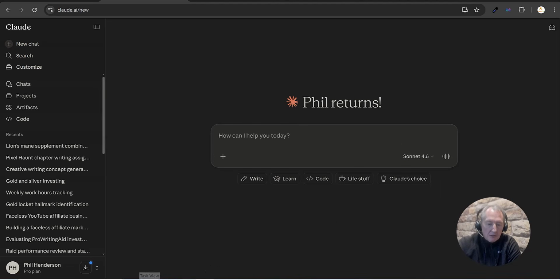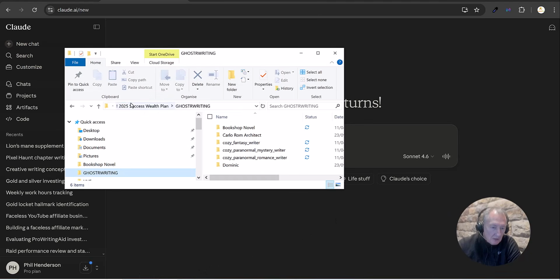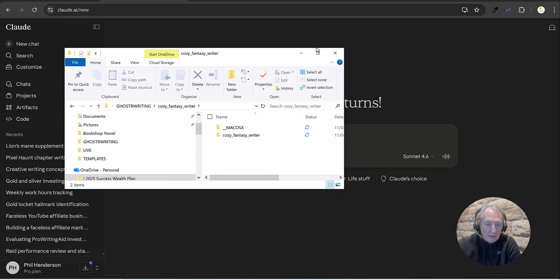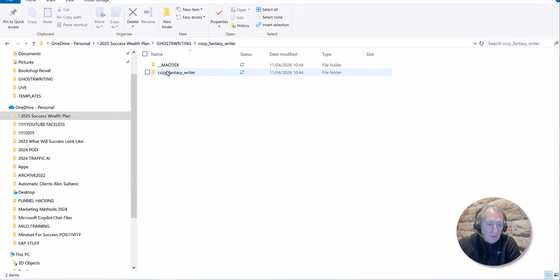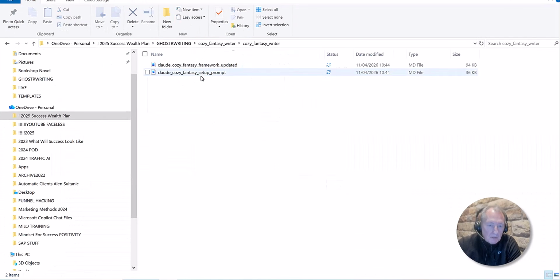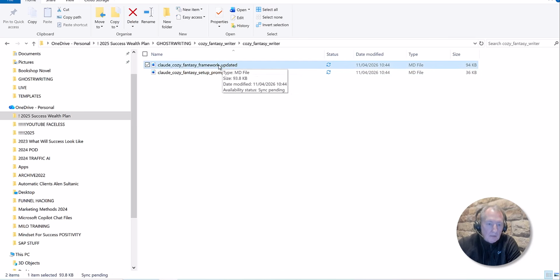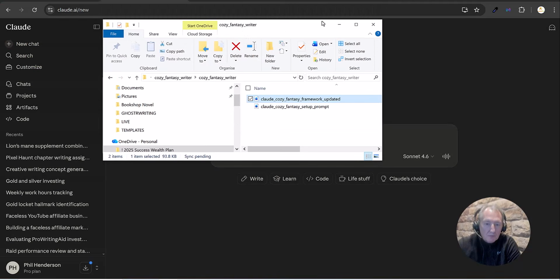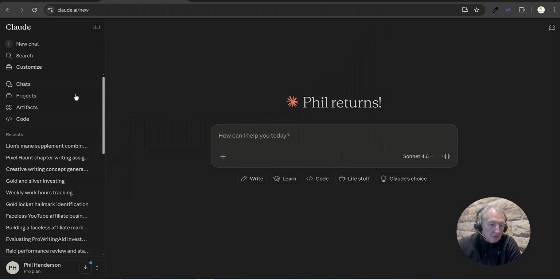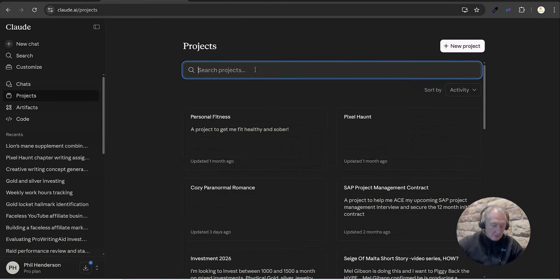So now what we do is we simply come across to our files. So let's just click into Ghostwriting. You can see I've got my Ghostwriting file here, and this one's Cozy Fantasy Writer. And I mentioned there's only 2 files you need to copy. So the first thing I'm going to do is take the framework, and I'm just going to upload that. In fact, the way I'm going to do that, if I can just move this down, I'm just going to come to Projects, start with a new project,